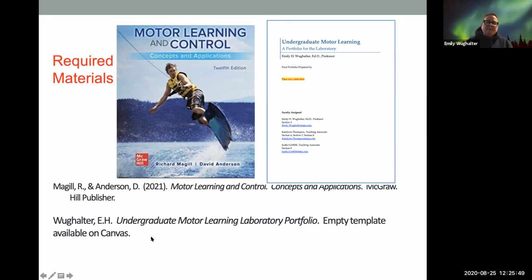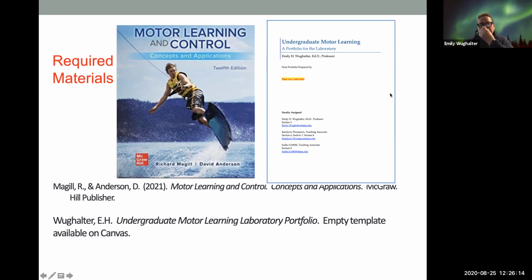Notice under module 1 on the modules page where you find the course syllabus, you'll also find the template for the motor learning portfolio. What that is basically is an empty book that by the end of your lab, you're going to finish. You'll learn more about that in your lab section.